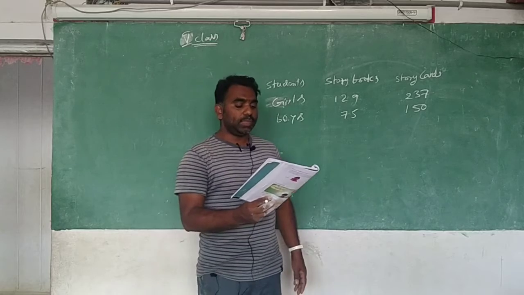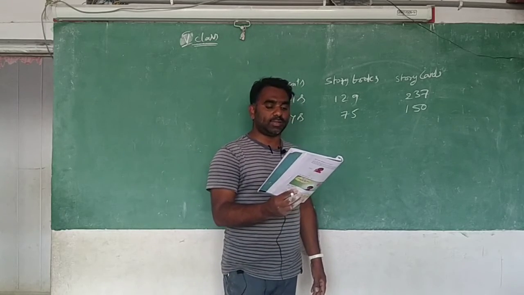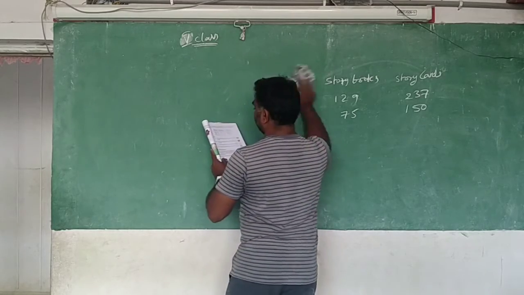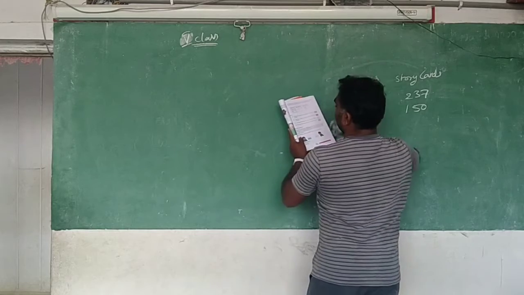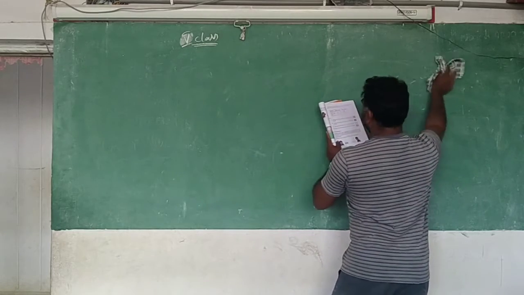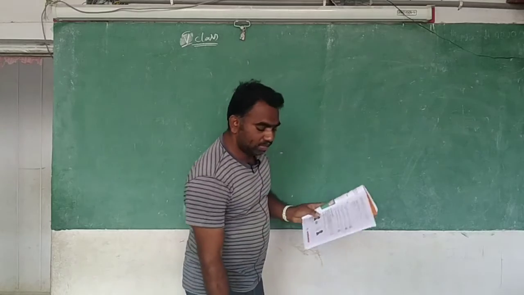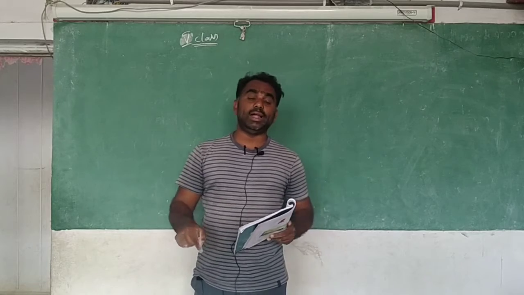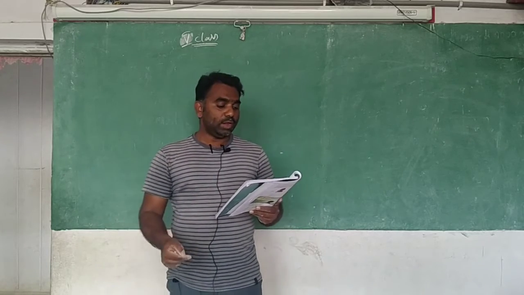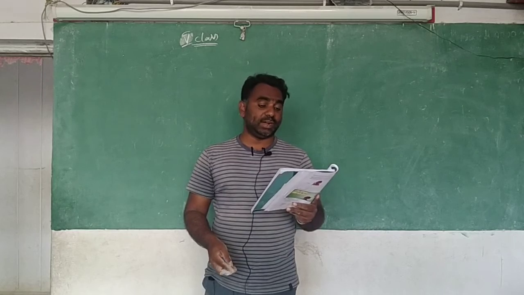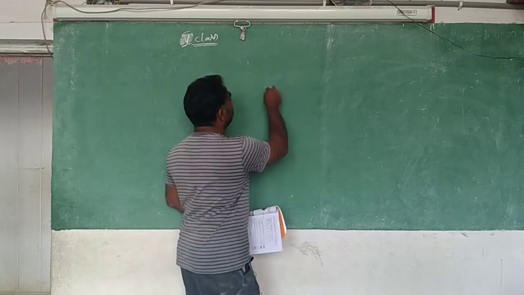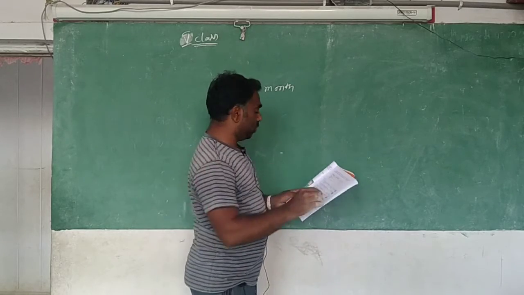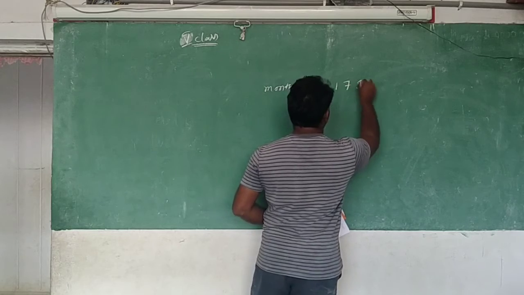After that there is one more question here: how many chalk boxes are there? Try to understand it. In Salur school, children make chalks and distribute them to other schools. In 1 month, they made 175 chalk boxes. Not only chalk pieces, boxes. 175 boxes they made in 1 month.